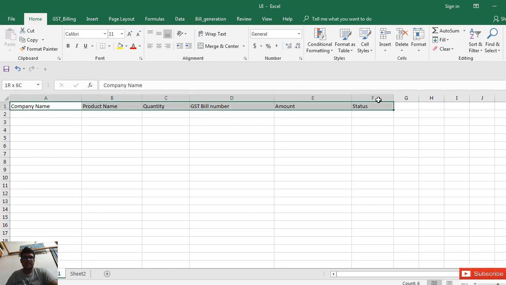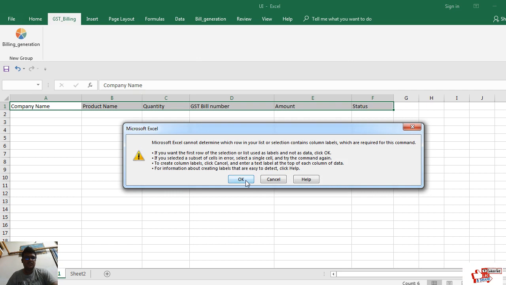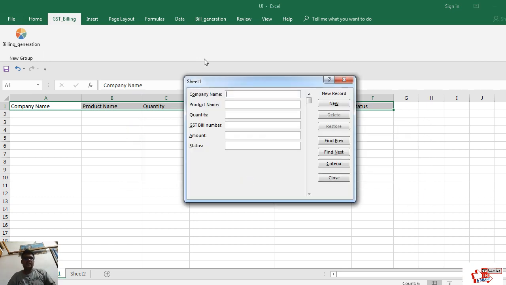So you can just select all this one. You can go to the newly created tab here. Later Billing Generation, so it is going to ask you some things, list and all. You can just press OK. Later it is going to provide you a UI, an interface unit. You can just enter a company name here, XYZ company. It can be any type of company. It can be a pipe industries company, or it can be a tiles industry company. Whichever business you are going to carry out, you can just give that respective company name.